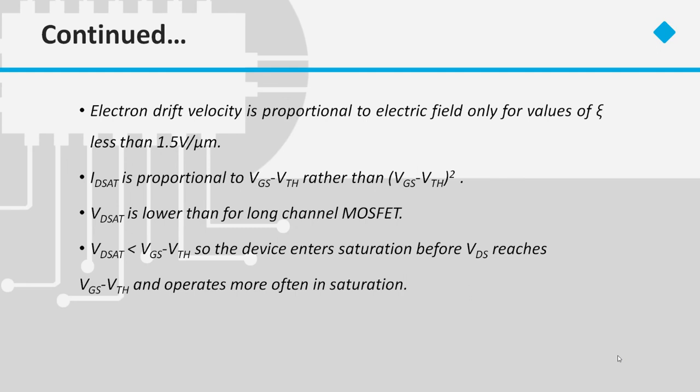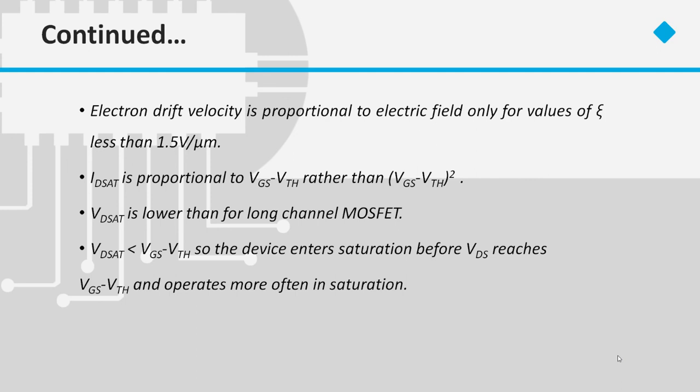And the electron drift velocity is proportional to the electric field only for values of electric field less than 1.5 volt per micrometer. And ID sat, the saturation drain current, is proportional to VGS minus VTH rather than VGS minus VTH the whole square. And the drain saturation voltage is also lower than for a long channel MOSFET, and VDS sat is less than VGS minus VTH. So the device enters saturation before VDS reaches VGS minus VTH,